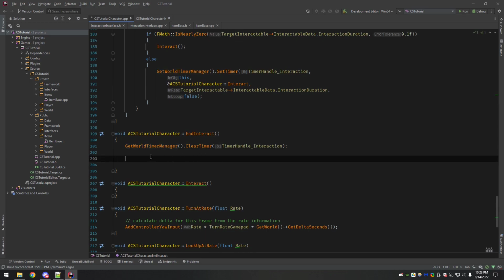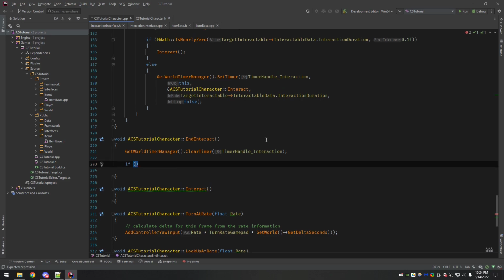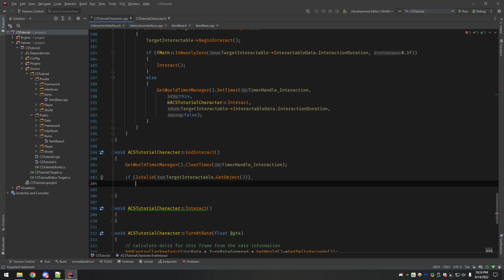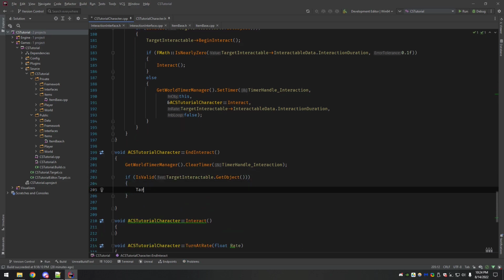So go ahead and call clear timer on the timer handle. But we do want to check again that the target interactable is valid. So I'm putting that there. Target interactable, now we just end interact on the target.